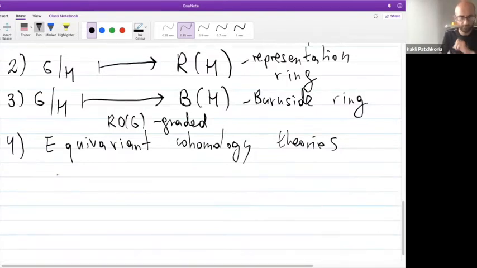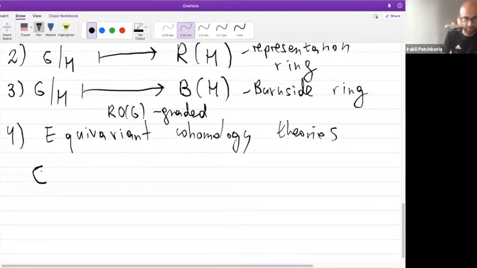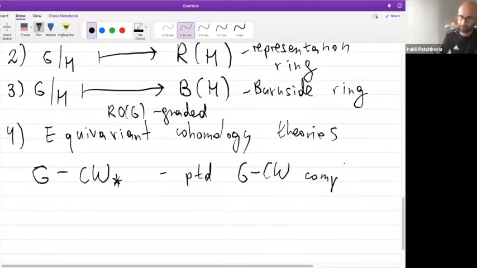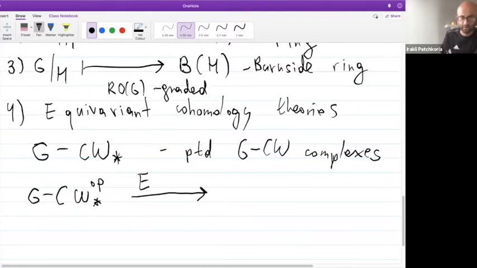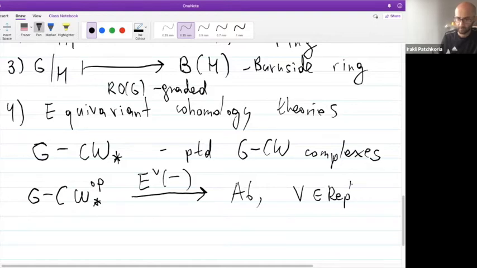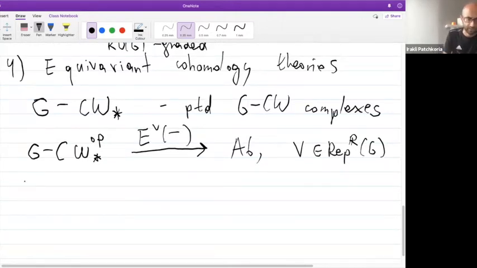What you can do is consider pointed G-CW complexes, so equivariant CW complexes. Again, I'm not exactly defining what these are, but I'm hoping that you have seen it. And you can consider contravariant functors. So you can consider such a set of data. What is an equivariant cohomology theory? It's a set of contravariant functors on this category, going to abelian groups, for every finite dimensional real representation of G, satisfying the usual axioms like excision,